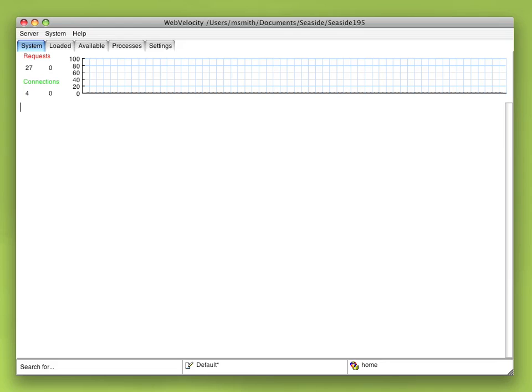Hi everyone, it's Michael Lucas Smith here, and today we're going to look at the pre-alpha version of Web Velocity. We don't even have builds of this yet, so this is really early days, and let's see